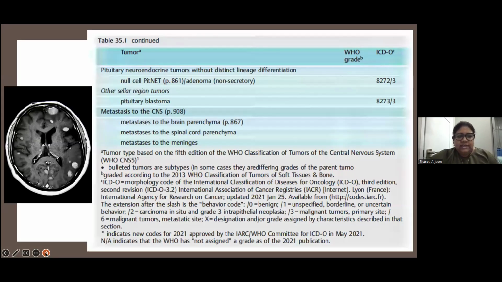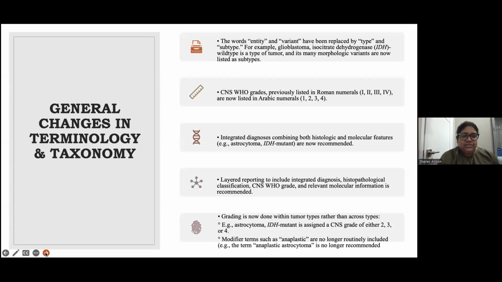And lastly, the mets to the CNS were also included, to include metastases to the brain parenchyma, the spinal cord, and metastases to the meninges. So the general changes in the terminology and taxonomy: the words entity and variant have been replaced. For example, glioblastoma, isocitrate dehydrogenase wild type, is a rare tumor, and its many morphological variants are now